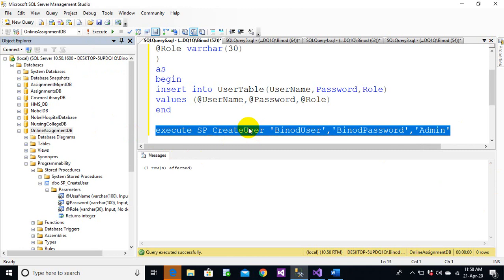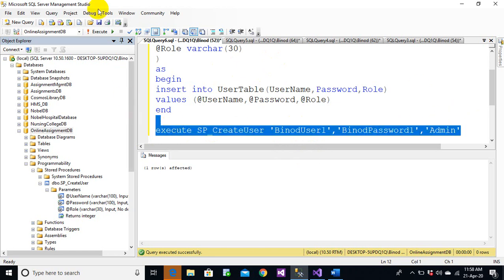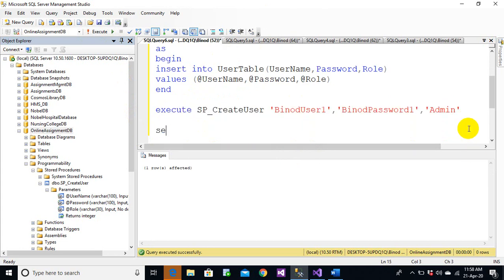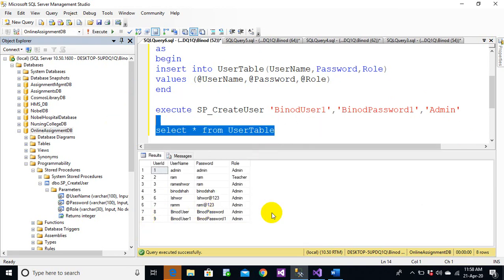Using the stored procedure, you do not need to write the SQL statement time and again. You can simply execute it, provide the parameters, and you are done. For example, I can pass it 1, and you execute. Let's see whether it worked. If you select from the user table, you can see that you have created some other users as well. You have already got Vinod user and Vinod user 1. So we did the work, everyone. We created a stored procedure.